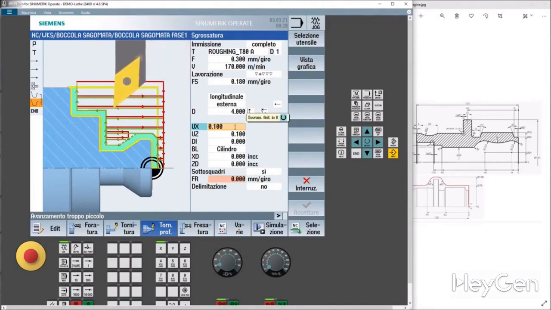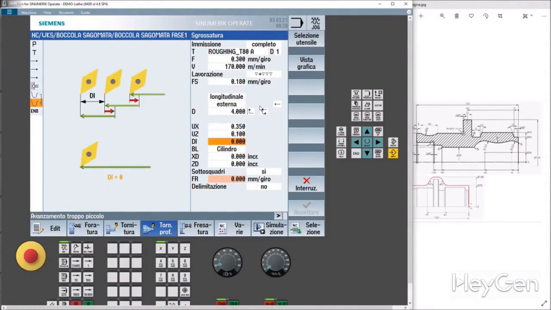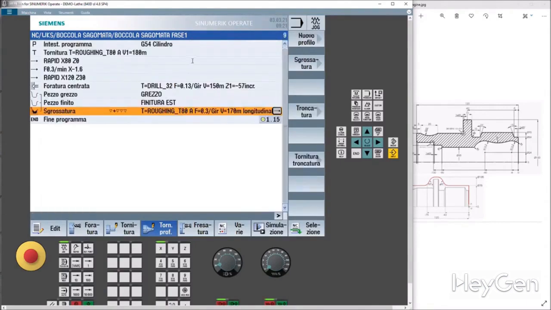Or radial? It's radial. So finishing over metal in X, 0.35. To work well, a tool, especially in X, must not remove too little, otherwise it will reject. In Z, a tenth is always fine. We don't set it because we want to work continuously under squareness. We don't do that. We accept it.